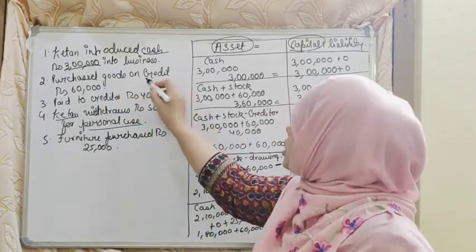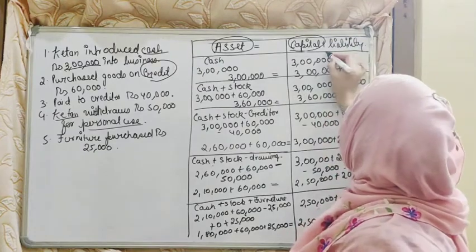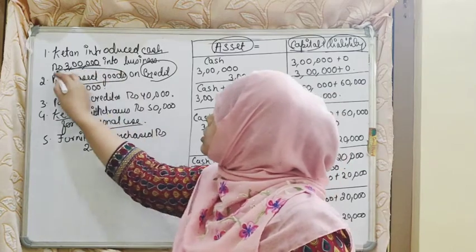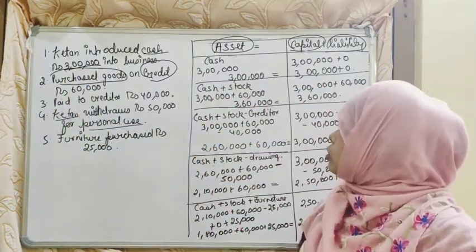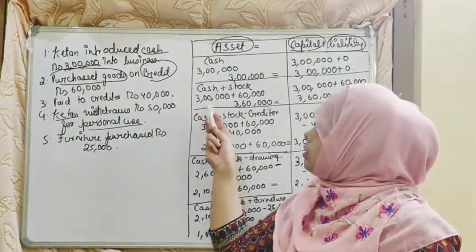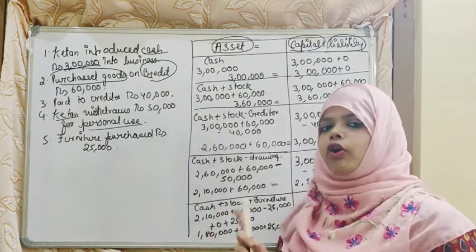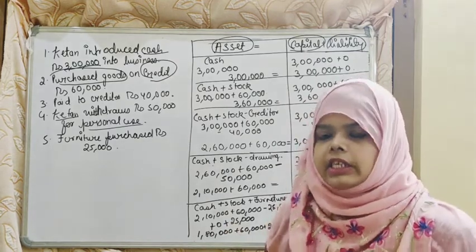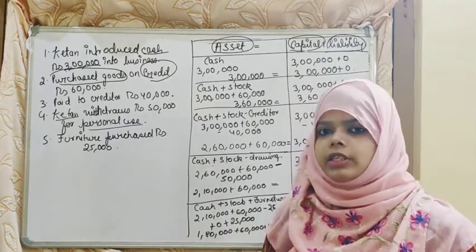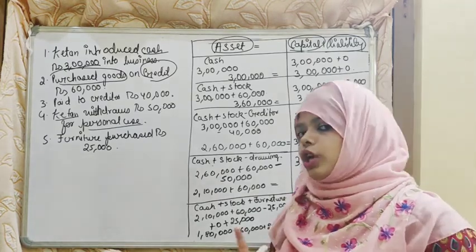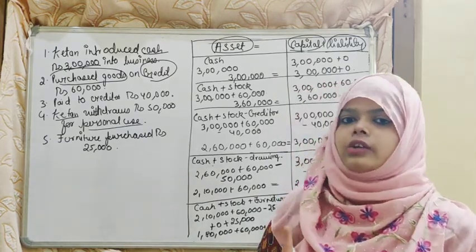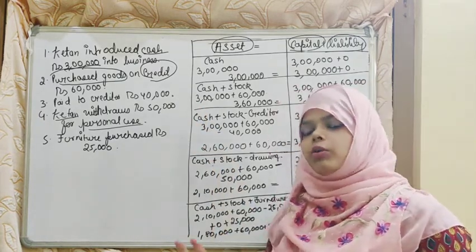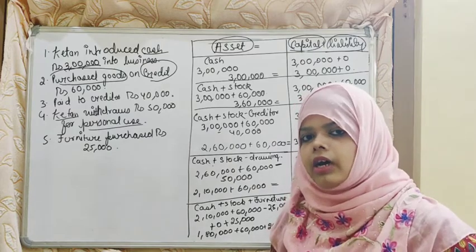If credit is mentioned, credit affects the liability part of the business, and purchased goods affect the asset part of the business. So we have goods purchased on credit, so cash won't go out. Cash is not affected because goods are purchased on credit basis. If the goods were purchased on cash basis, cash would be affected. But the goods are not purchased on cash basis, they are purchased on credit basis, so cash will not be affected anyhow. But the stock has come, which means the goods have come, which means the stock is available in the business.